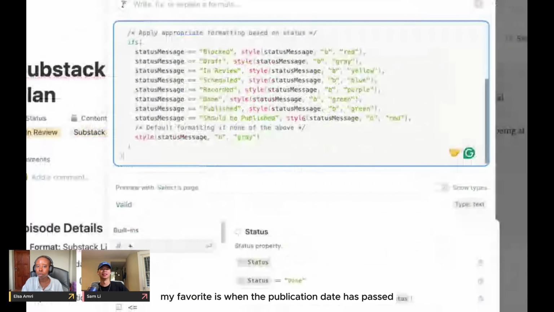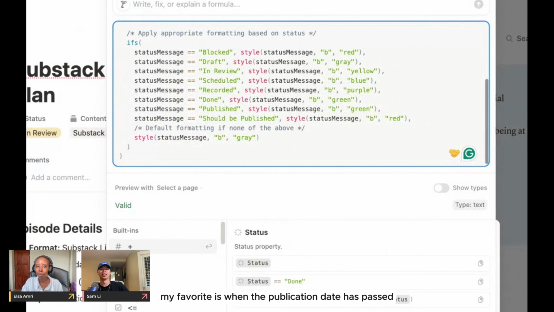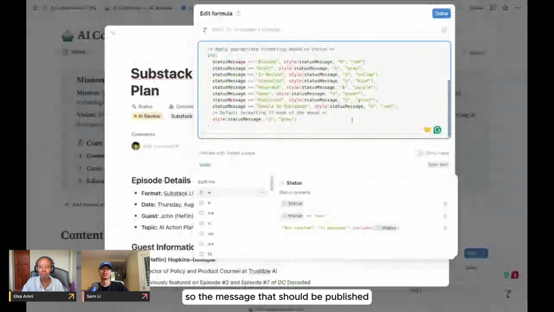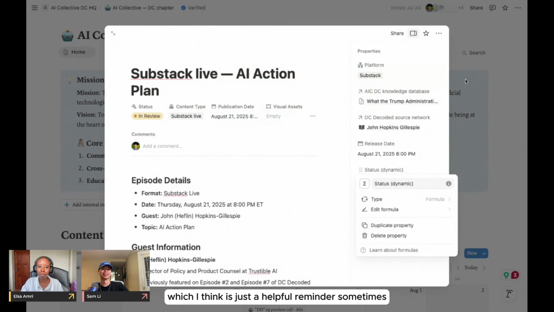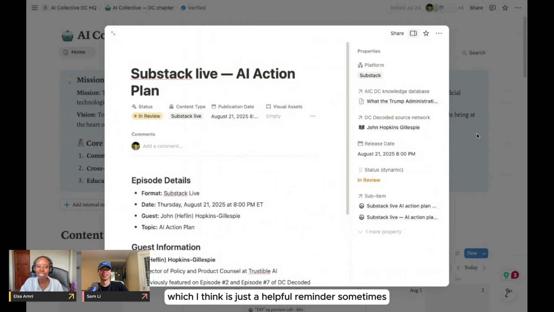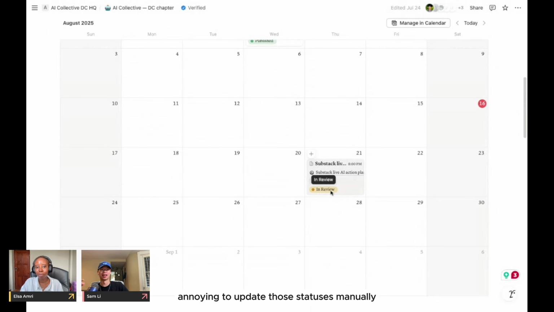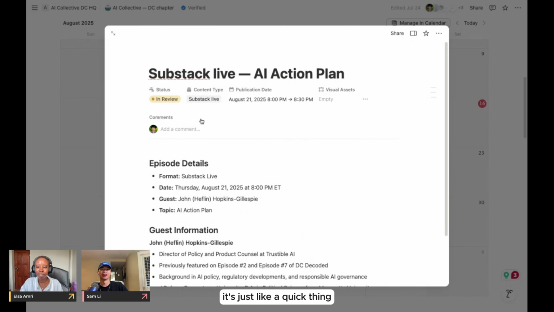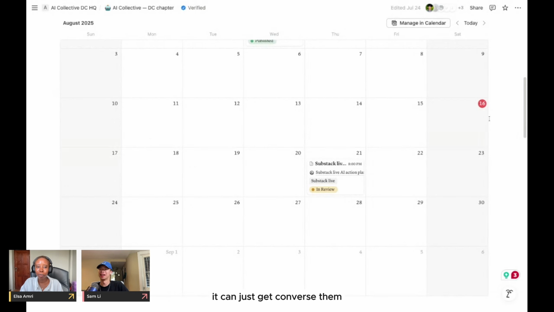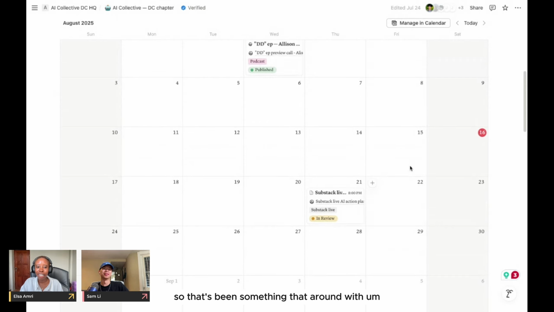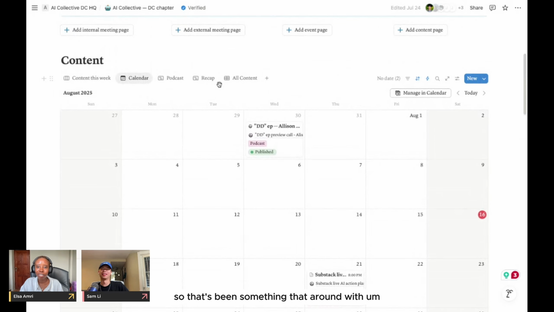My favorite is when the publication date has passed but you haven't updated your manual status, so the message says it should be published, which I think is a helpful reminder, because sometimes it can get annoying to update those statuses manually. It's a quick thing, but it can get a little cumbersome. So that's been something that I've been playing around with.